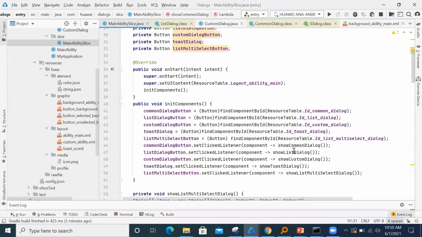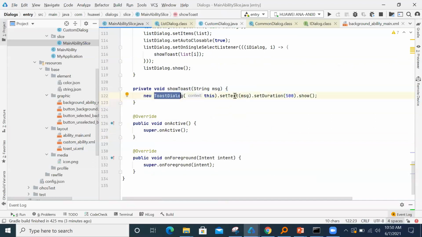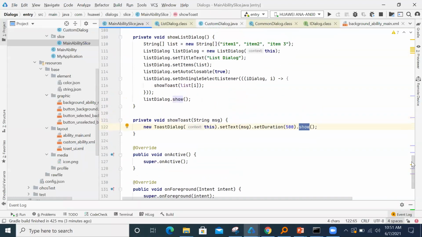Here I'll create a list dialog instance, and on single select, I'll show a toast. For this show toast, I'll create a toast dialog and pass the text, that is the list item entry, and I'll display it, give a duration and dot show. So that is for single select.